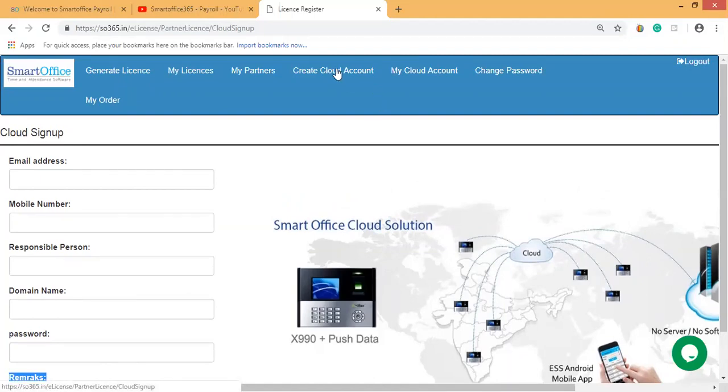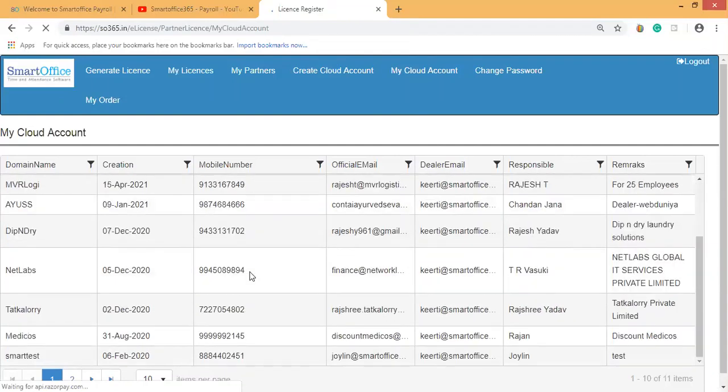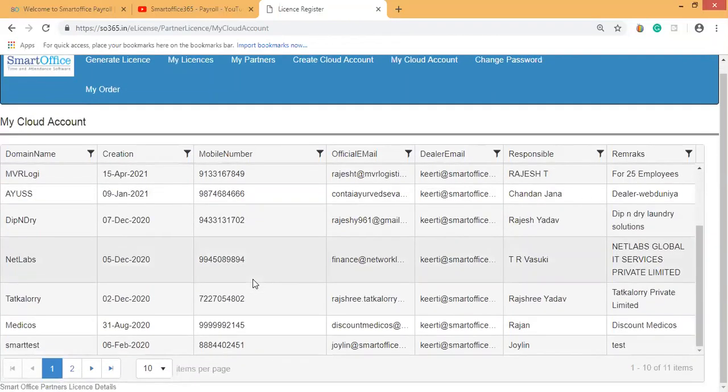And once you create a cloud account, you'll be able to track the cloud accounts which you have created. I'll just click on my cloud accounts. So I'll come to know for which clients I have created a cloud account here.